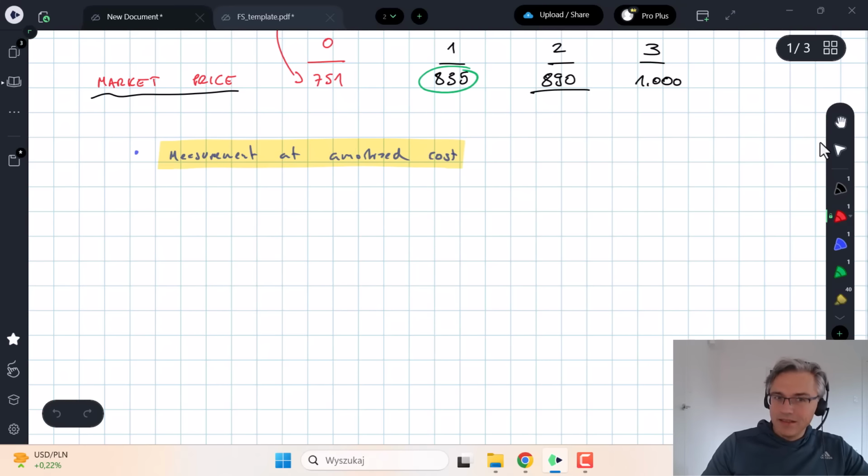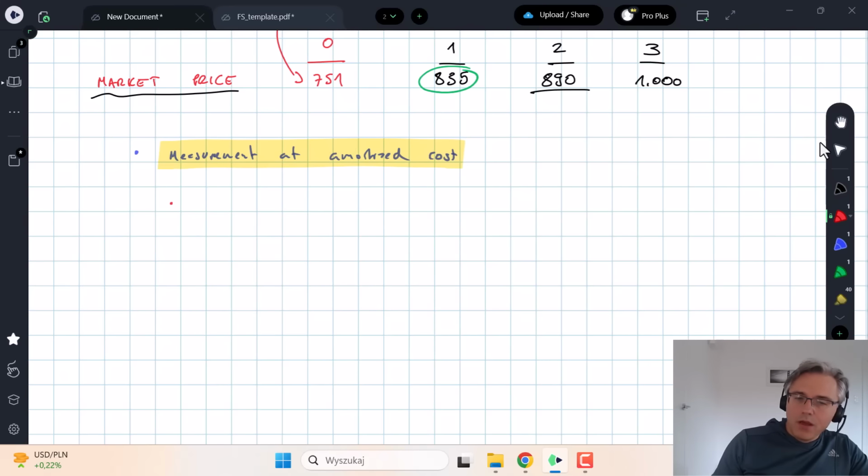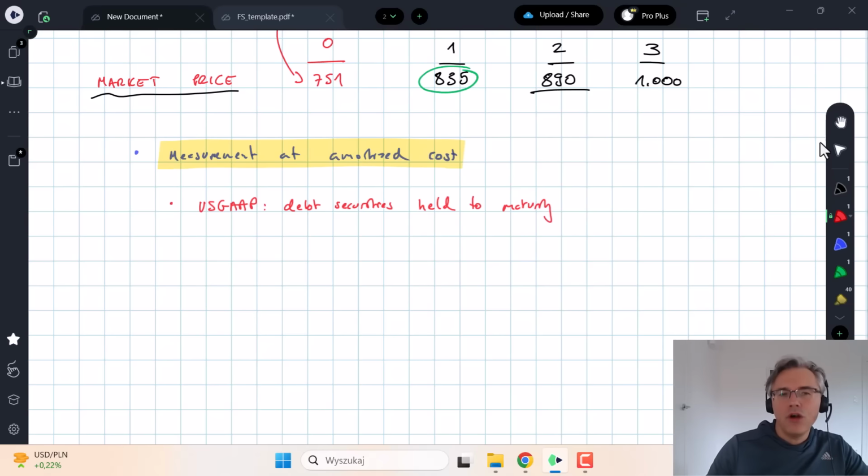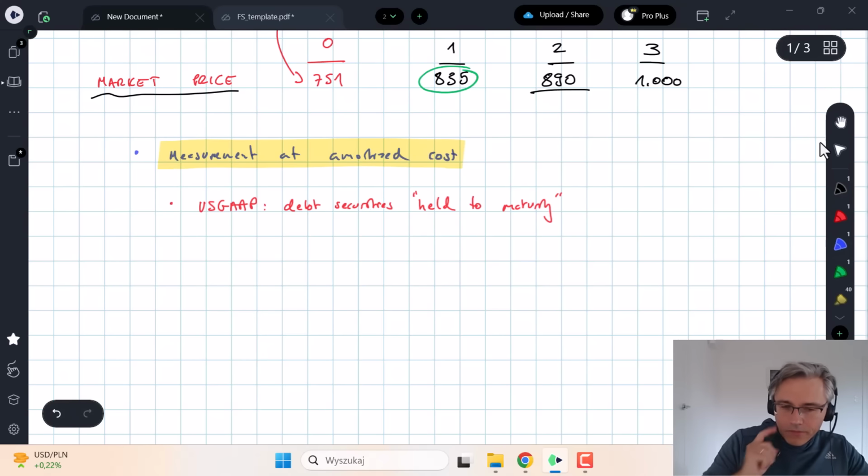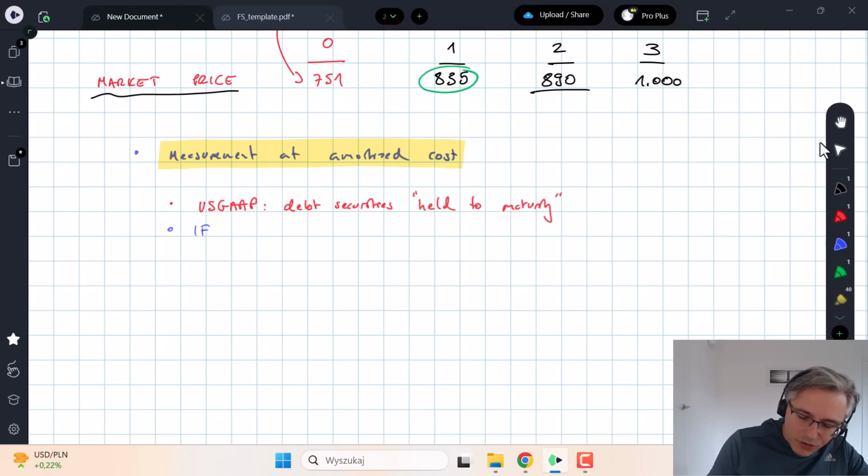So when is this approach going to be applicable? Well, US GAAP says that you should use this for debt securities, for debt instruments which are held to maturity, which you indeed intend to hold to maturity, right? IFRS used to call this held to maturity. For example, when I was working in banking, we would call this portfolio the held to maturity portfolio. But these days,